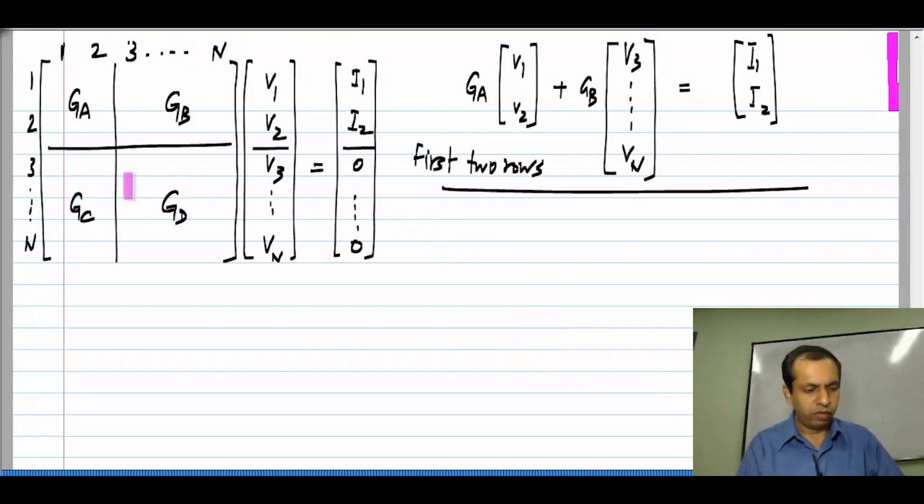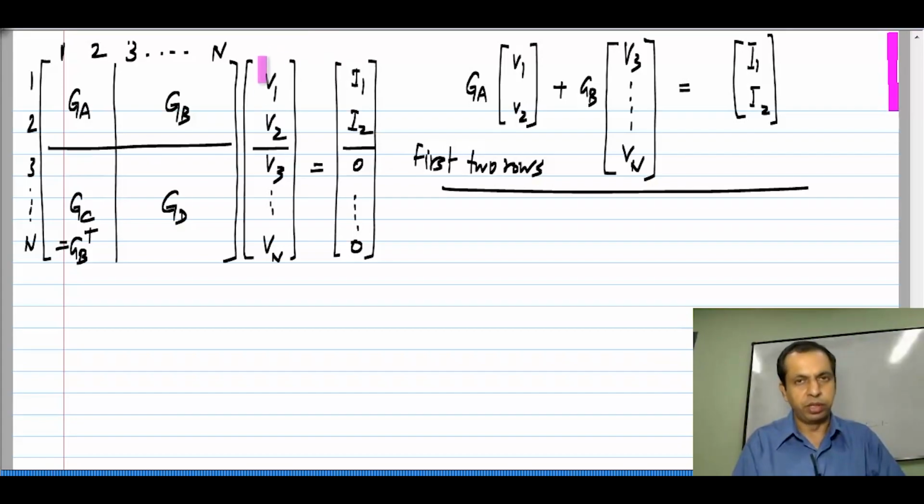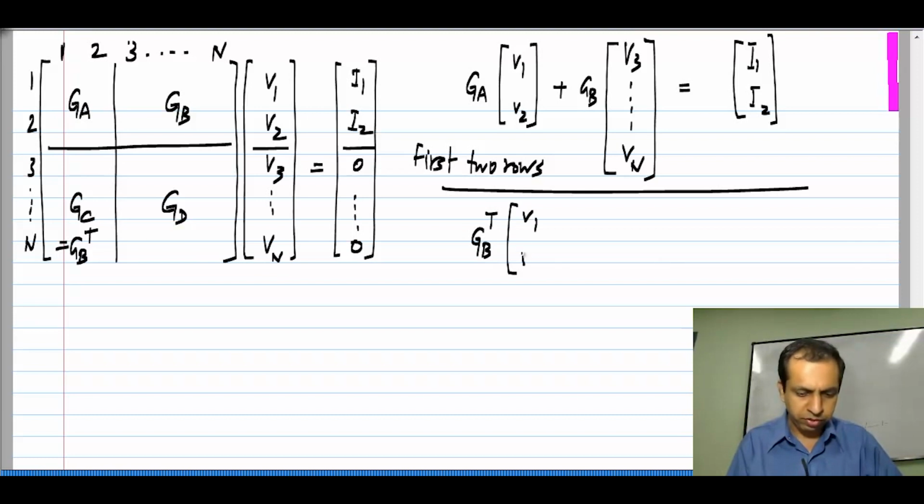Now, I will write it for the remaining ones and I will also use the fact that G C is G B transpose. So, G C will multiply this vector V 1 V 2 and G D will multiply the rest of this unknown vector. Okay. So, we will have G B transpose times V 1 V 2 plus G D times V 3 up to V n